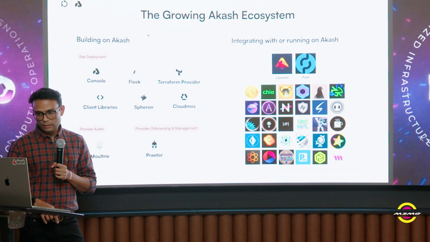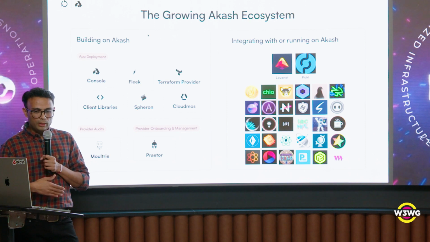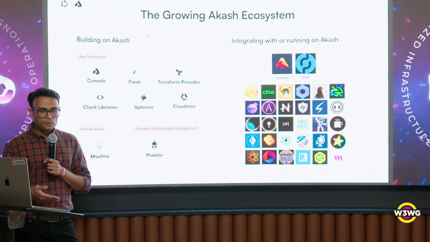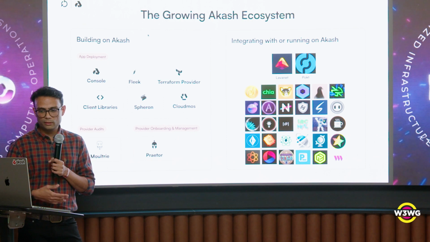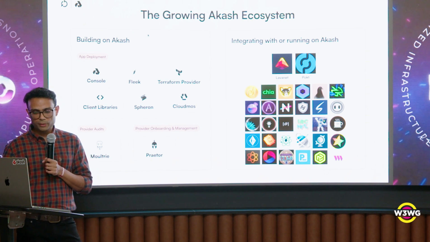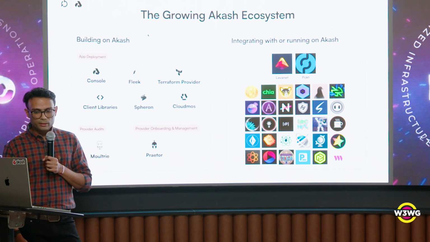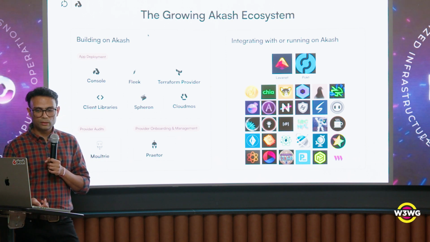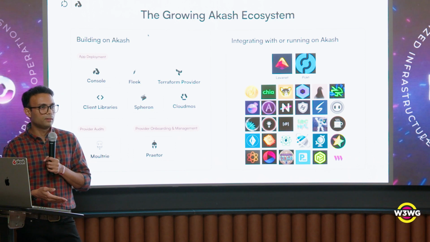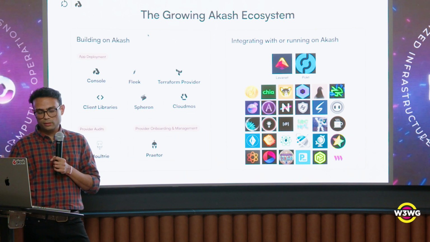So in terms of the partner strategy, we have a growing list of partners that we work with. On the left is a set of ecosystem teams that are actually building solutions on top of Akash. I list Akash Console as one of them because it's technically an open source product at this point, and there's a community of people working on it that are all open source developers, with a couple of folks from within the Overclock core team. But then there are all of these other solutions as well for client deployment. There's a solution called Fleek that is focused primarily on the React user base, making it really easy for React developers to deploy onto Akash and others.